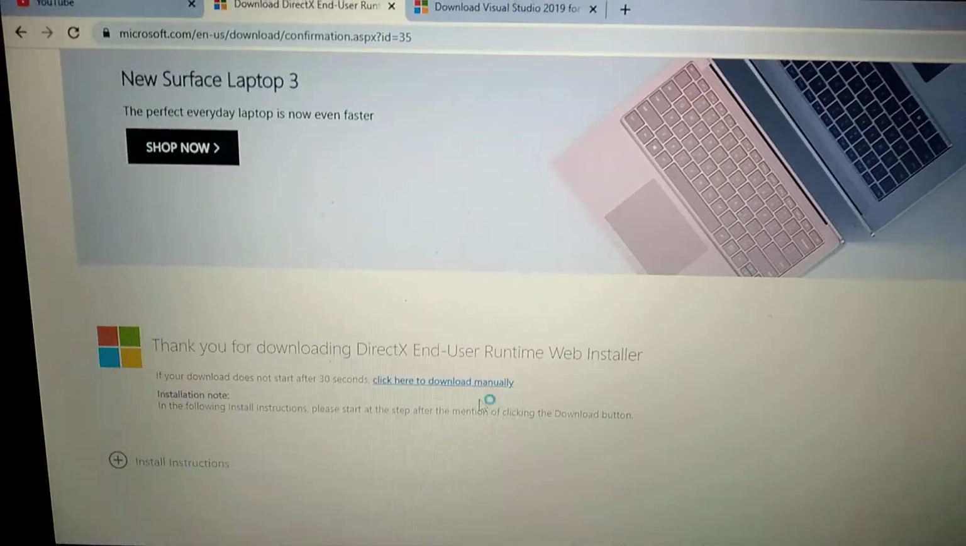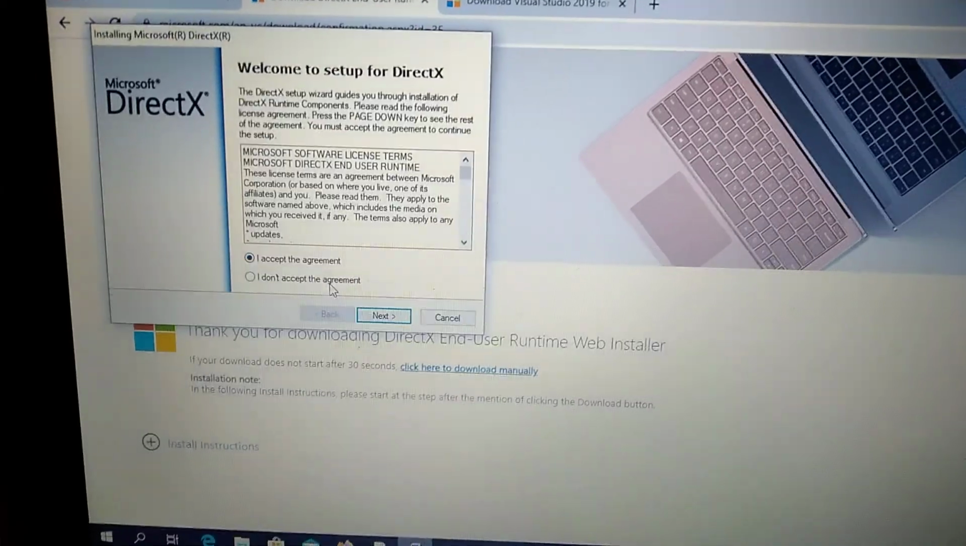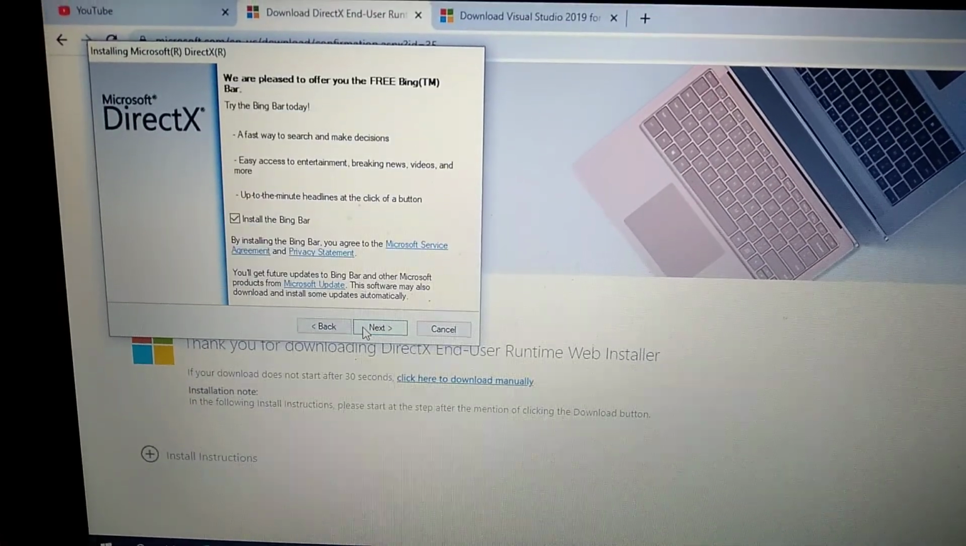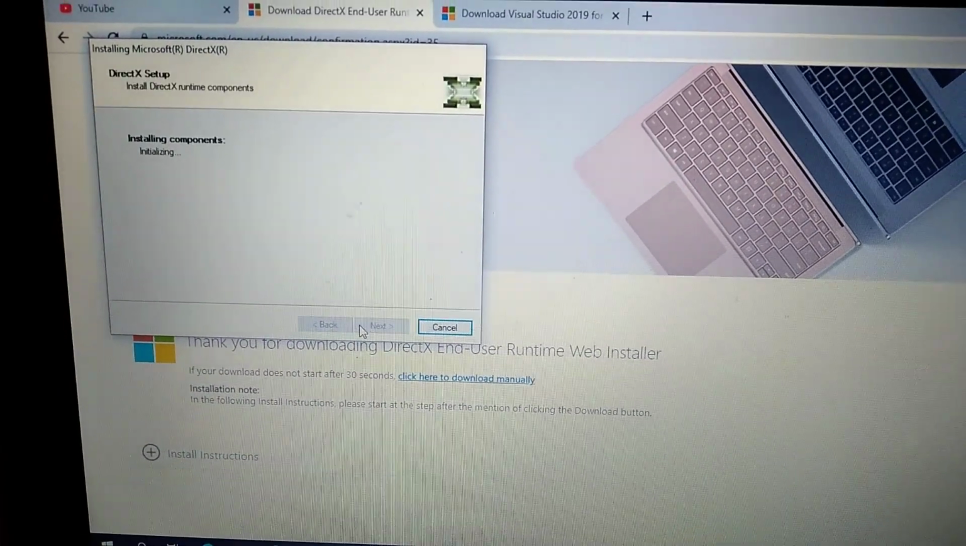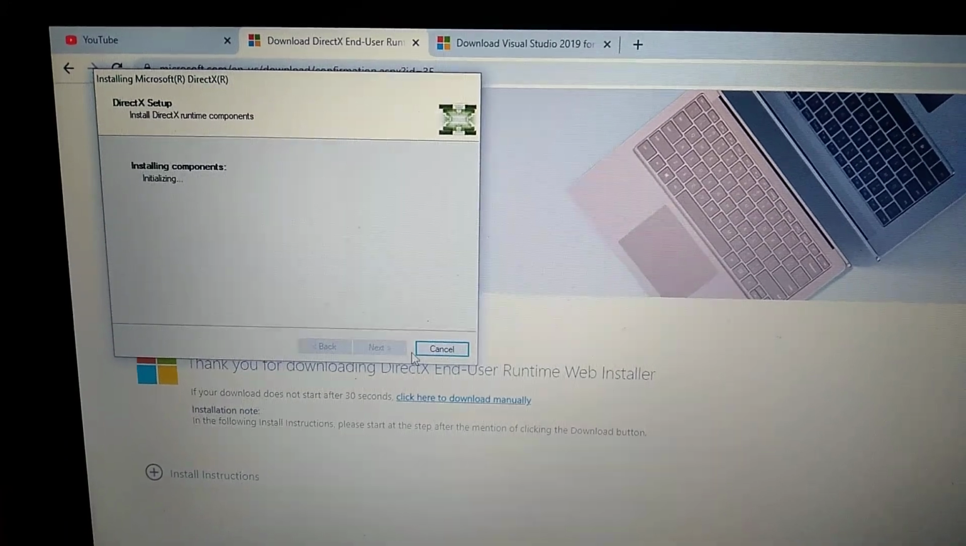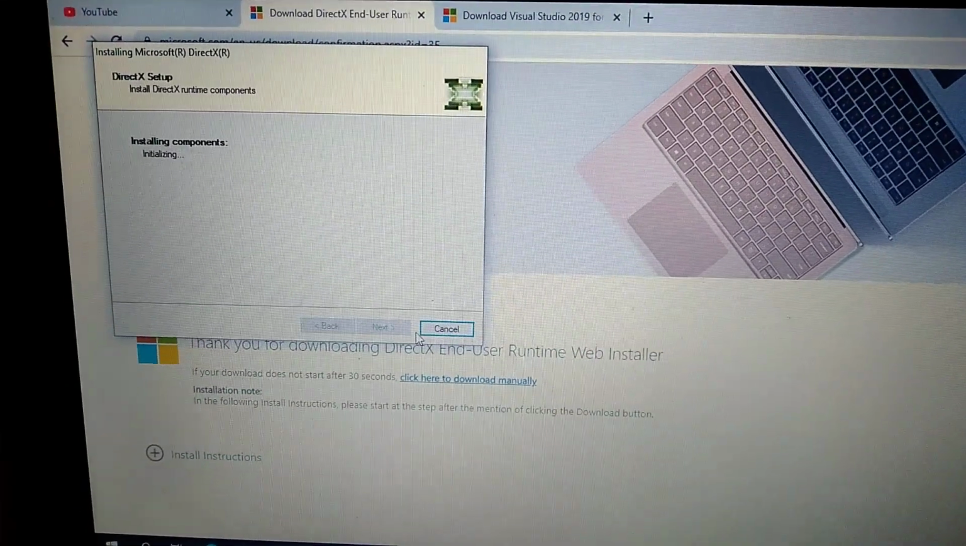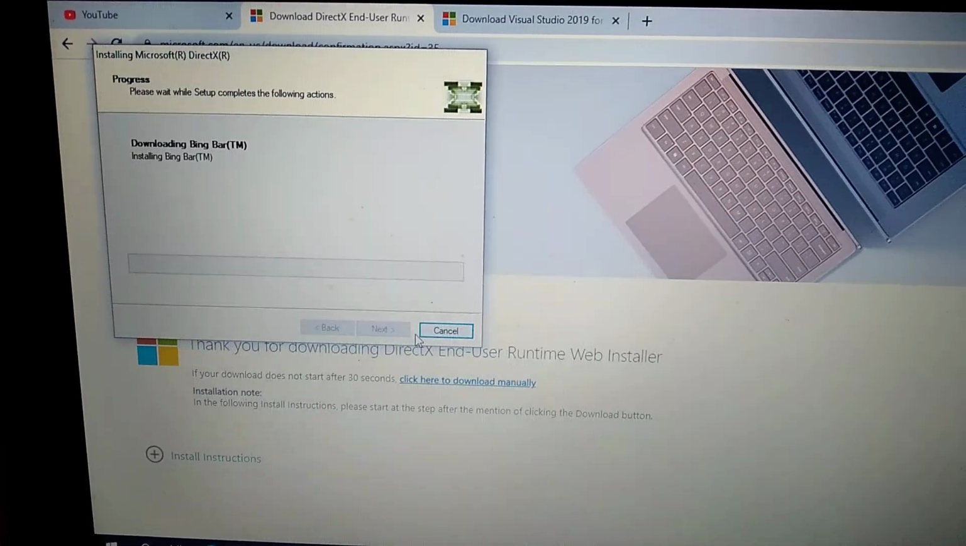Click yes. I accept the agreement, and click next. Next. So now you just need to wait some time while it installs all the components to your computer, and after it finishes,